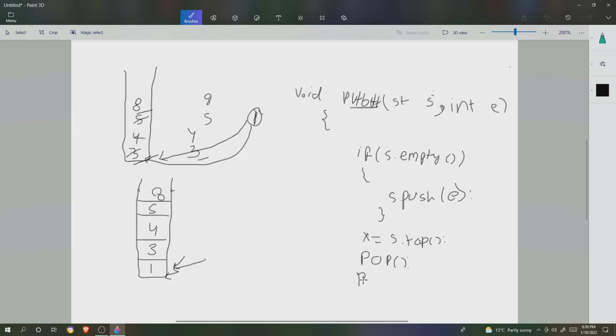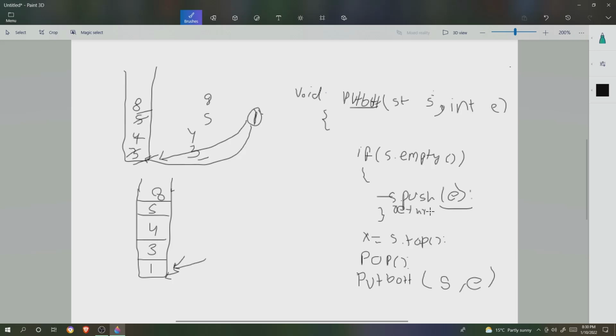So putBottom, this is our function, call the putBottom function. Guys, please ignore the spellings. PutBottom, and now the current stack is s, and this is the element. Whenever the base condition hits, this will insert the element at the bottom. And now when it returns from here, return should also be there.